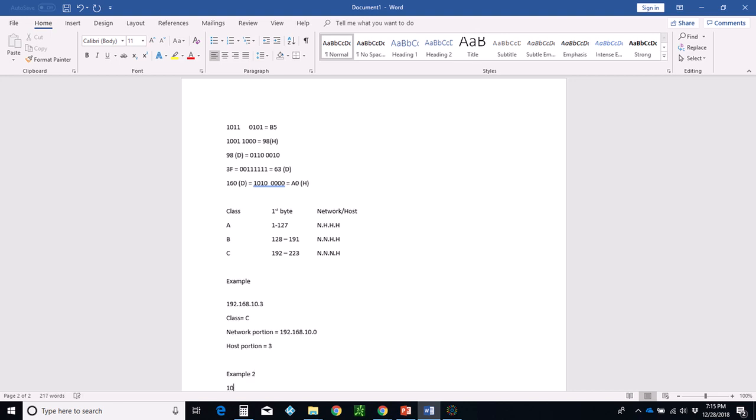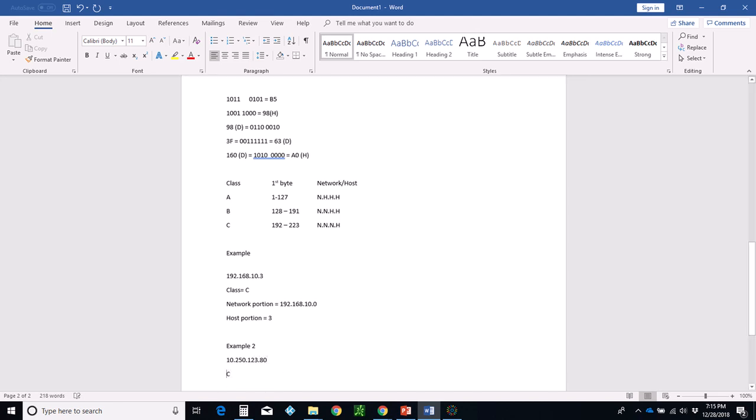What happens if you have 10.250.123.80? All right, what class is this in? Well, you see the number 10, between 1 and 127, so it has to be class A, right? What's the network portion? That is going to be the first byte only, right? And the first byte is a 10 here. So it is